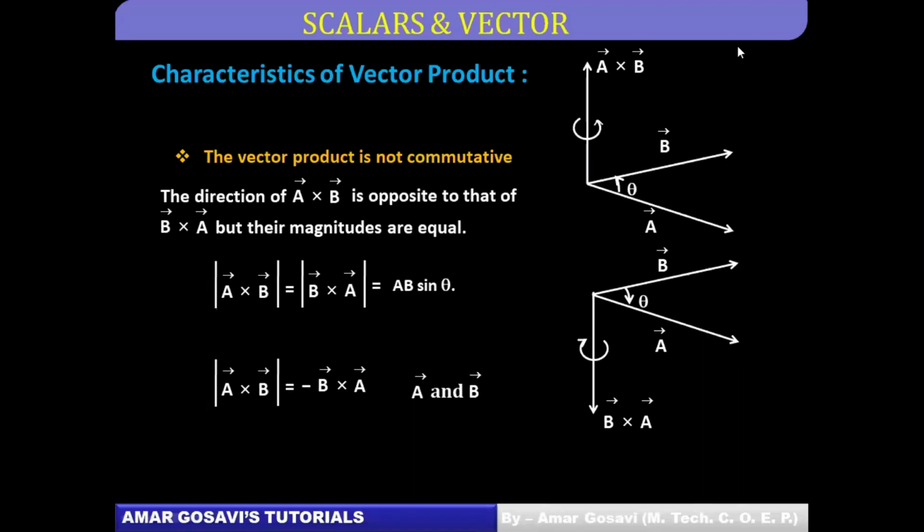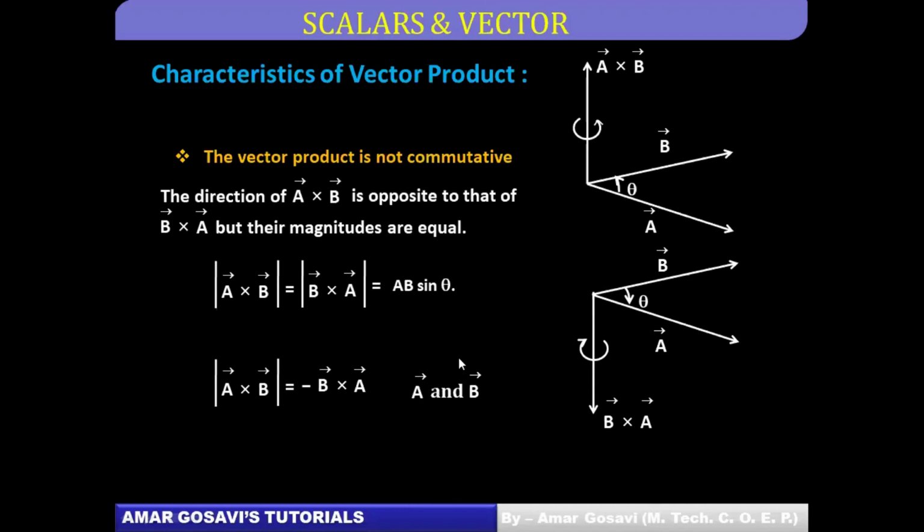Yeah, so most of you say done. Okay, so let's proceed then. This is the first characteristic: the vector product is not commutative. And the first property of vector product was that it's a vector quantity, unlike what we have seen in scalar product, friends. So let's move ahead then, if you are done with it.